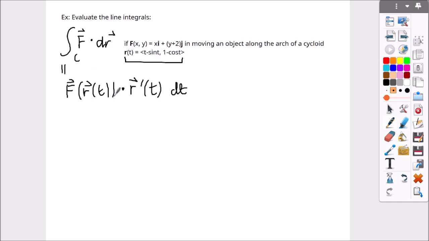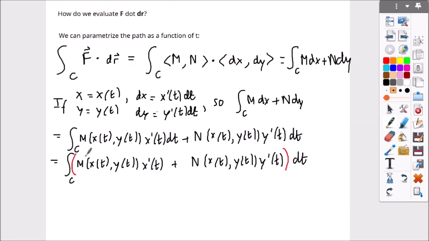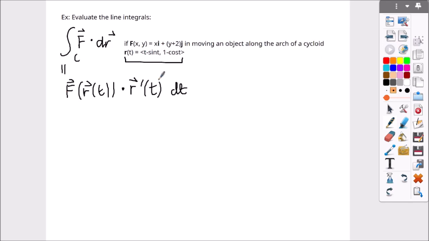So our parameterization is here. The derivative of the parameterization is here. Our parameterization is right here, and the derivative of it is right here, right? It's the same thing. It's just a little bit more condensed. And basically we haven't done the dot product yet. Once we figure out what the vectors are, we will do the dot product. So let's just do this. Ready? Equal to